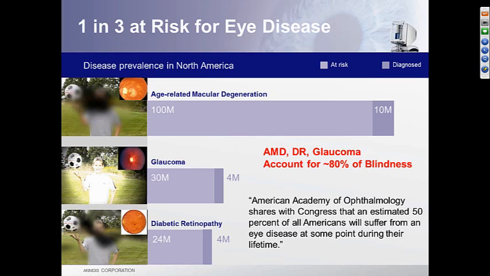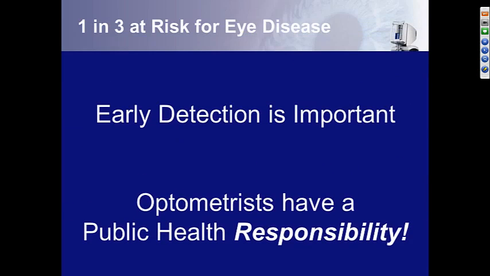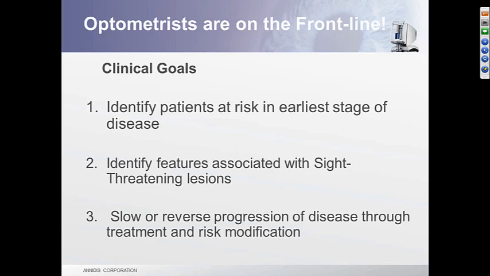And MSI really provides a way to not only diagnose but differentiate these diseases at the earliest stages so that treatment can be applied as early as possible, or risk factor modification can be applied as early as possible. And the instrument is primarily out in optometry offices right now, and certainly we have a public health responsibility. And I think it's wonderful that we can now interface with our patients in a much more sophisticated way with this particular